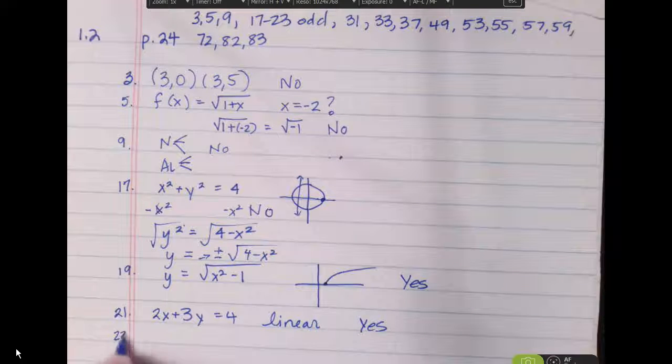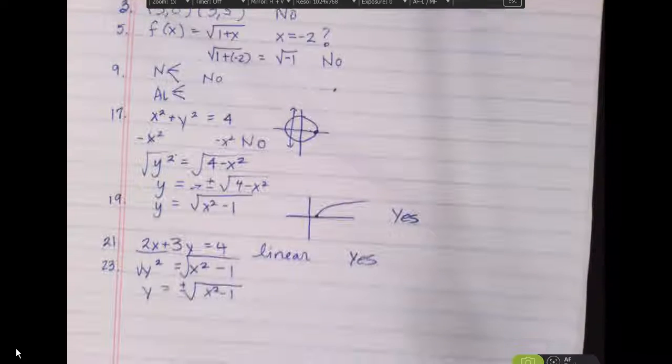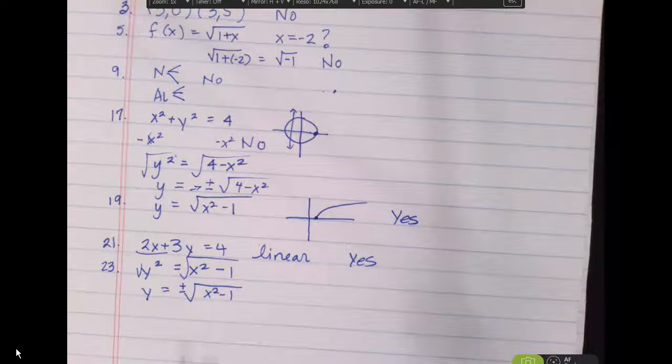And then number 23, that one's tricky. That kind of goes back to the whole plus or minus square root. If I want y by itself, I've got to square root both sides, and if I'm taking a square root of both sides, I have to have that plus or minus symbol, which is going to mean that I'm going to have more than one item in the range for each item of the domain,